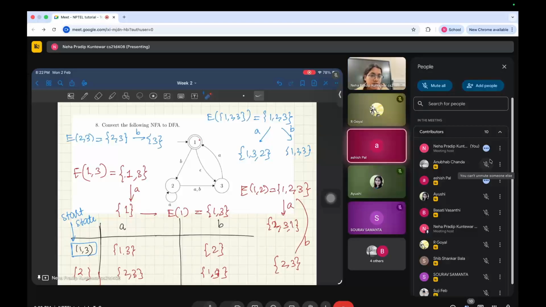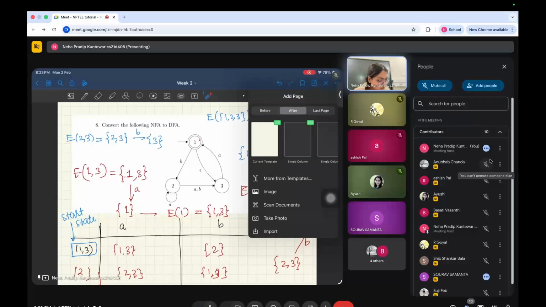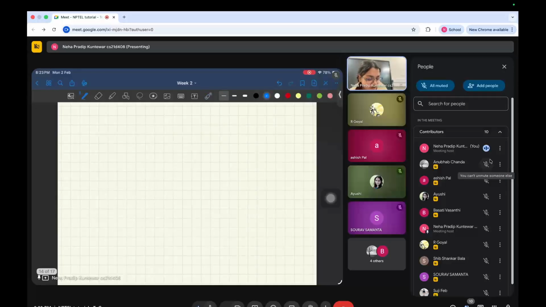Just the formula: how do I obtain the 1 3 from transition input A? Sure. So the general method